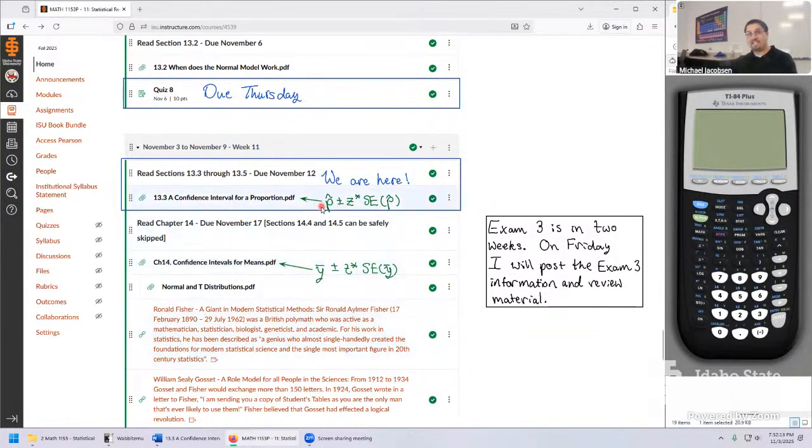Another neat thing is this is the whole formula right here. We know what p hat is, we know what y bar is. We have to say what z star is, but that's just connecting through with the normal distribution, the normal curve. We've calculated the standard error of p hat. We haven't calculated that standard error, but it's just a slightly different formula. And so if you can do a confidence interval for a proportion once, chapter 14 is just doing a whole different one for now quantitative data, handling one mean. So there's lots of parallelism here. All the logic that we get through in section 13.3 carries over to the next chapter. But any questions at the moment, folks, before we get started?